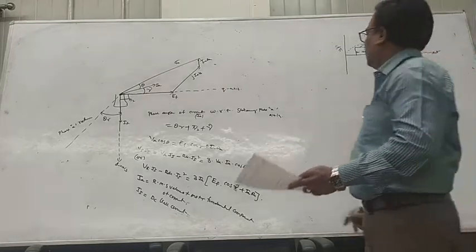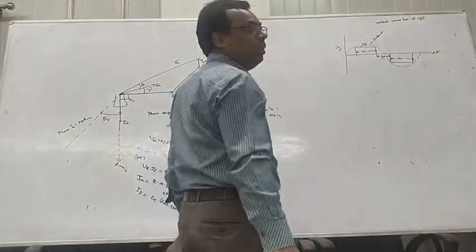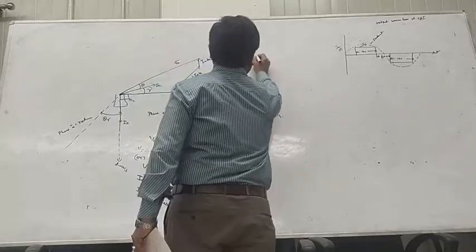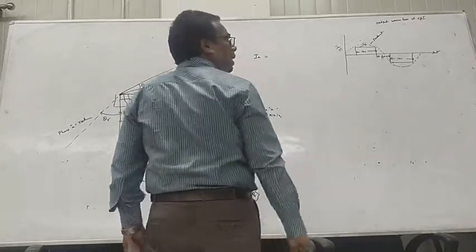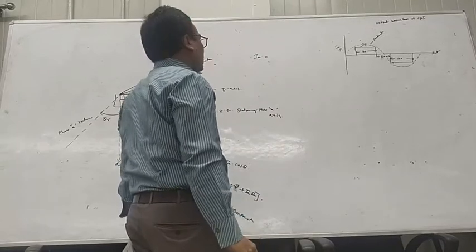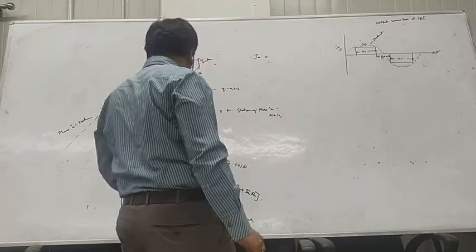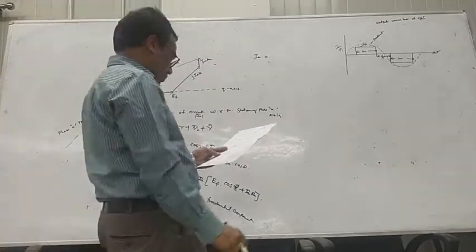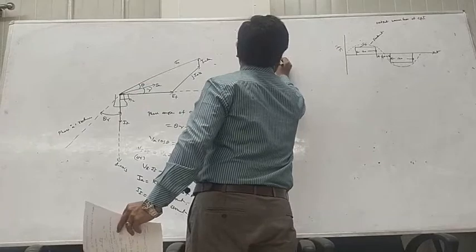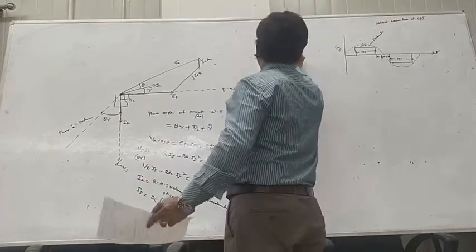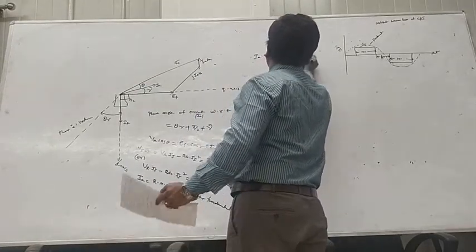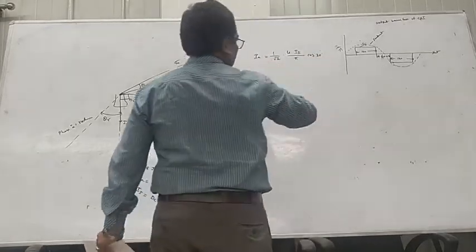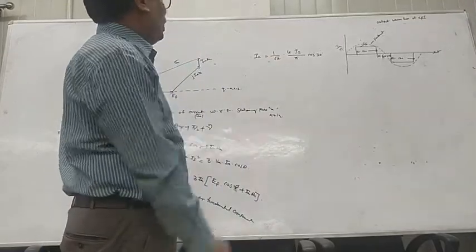From this waveform, if you apply the Fourier series, the RMS value of the motor fundamental component of current, IA, is equal to 1 by root 2 into 4 into II by pi cos 30 degrees. So I am just applying the Fourier series for that waveform.